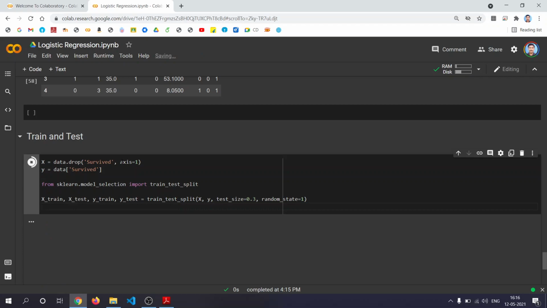So this will assign to X train 70% of the data, to X test the rest 30% of the data, and so on.